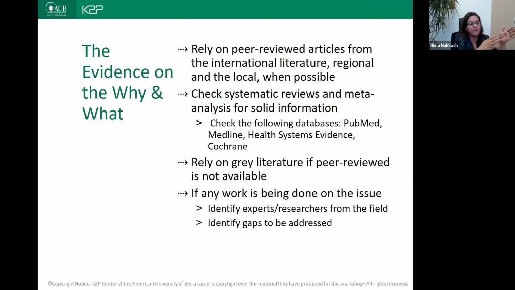Sometimes you are able to identify evidence specific to a region, a country, or at a local level. So there's an extensive process and time that needs to be put into identifying these solutions and what works and what doesn't work, what's been evaluated, and what are the issues that we need to advocate for more specifically that fit the context that we work within.